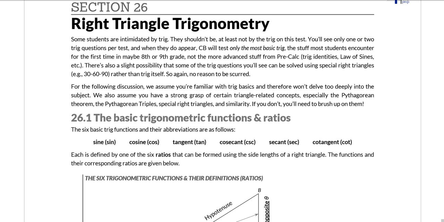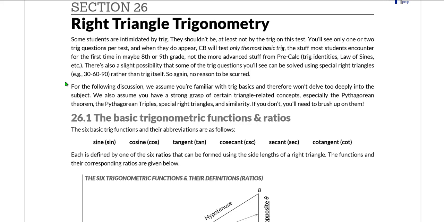This is section 26 of the SAT Math Manual. Section 26 deals with right triangle trigonometry. Some students do find trigonometry to be a little bit intimidating. Obviously, it is one of the more advanced concepts that will appear on this test, but fortunately, the trig that